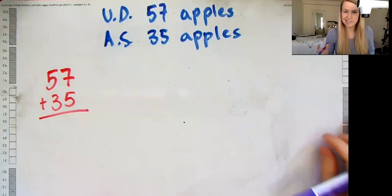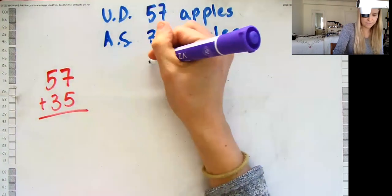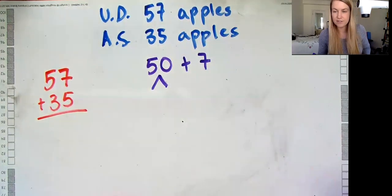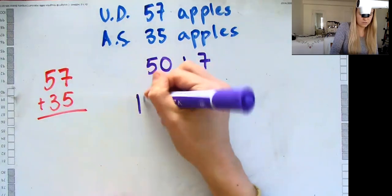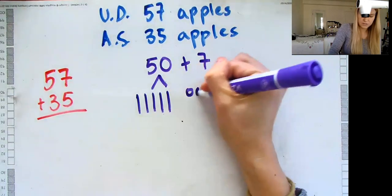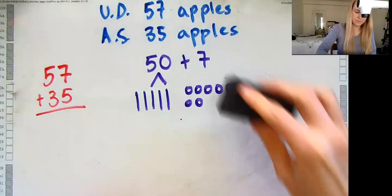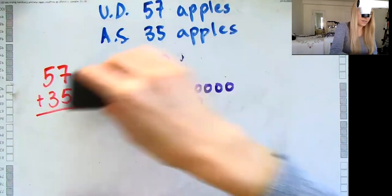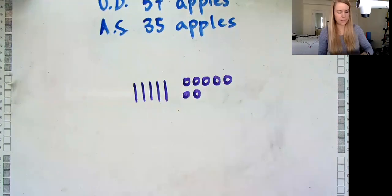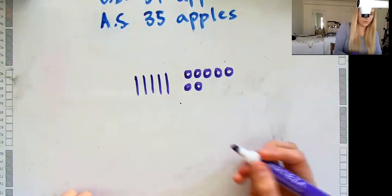So I'm going to draw 57 in 10 sticks and 1 circles. So 57. If I were to expand the number 57, I would really have 50 plus 7. So how many 10s make up 50? 5. 1, 2, 3, 4, 5. So that's 50. And then I have 1, 2, 3, 4, 5, 6, 7 1 circles. So that already is 57. And that is in what we call a proof drawing. Okay, that's Uncle David's. Now I have Aunt Sarah's. So I'm just going to do hers below. So that's my 57